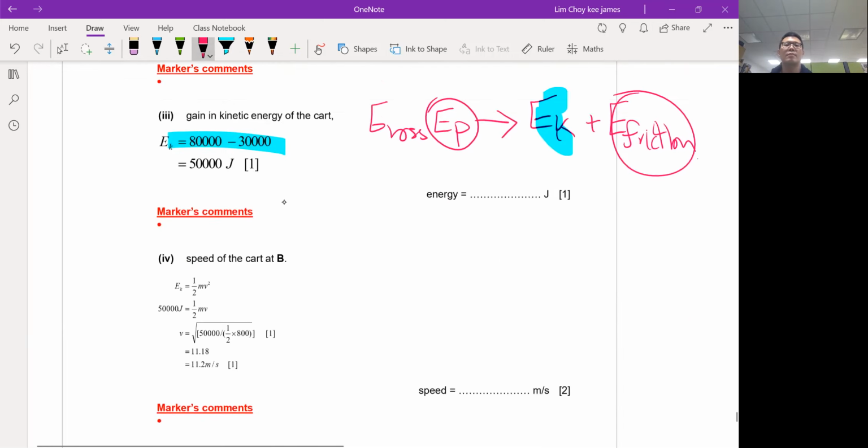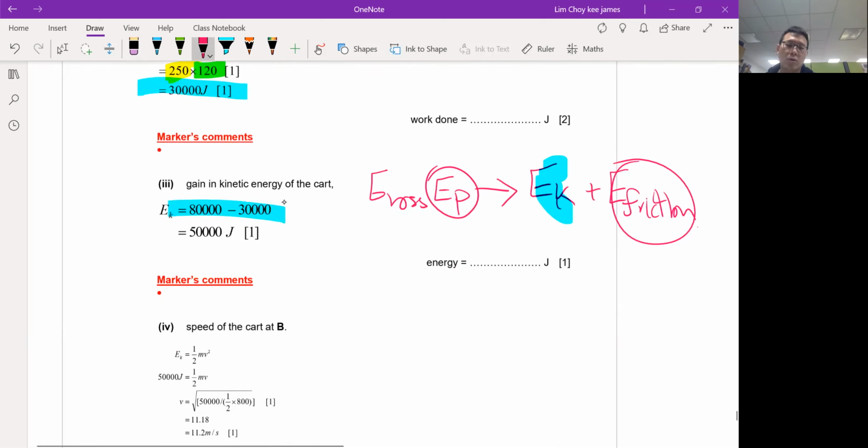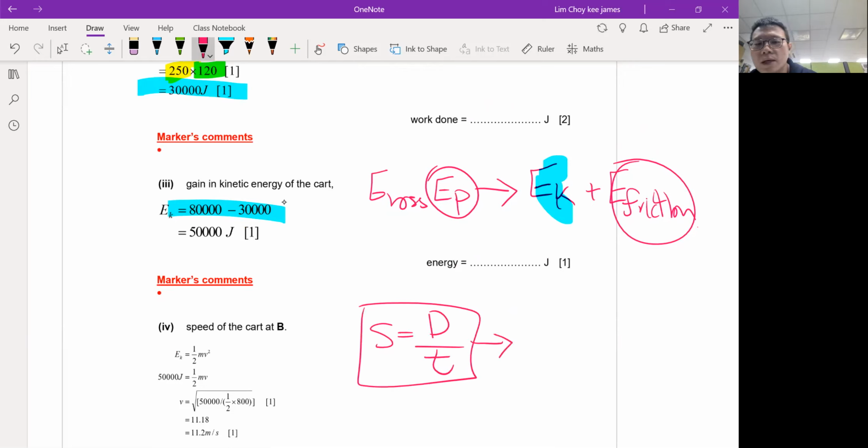Okay, and stop it. Remember, when you talk about speed, don't use distance divided by time. A lot of us like to use distance divided by time for speed. Where do I usually use this formula? I usually use it for the speed of sound, or when the question asks for average speed. When the question gives you neither, speed of sound nor average speed,